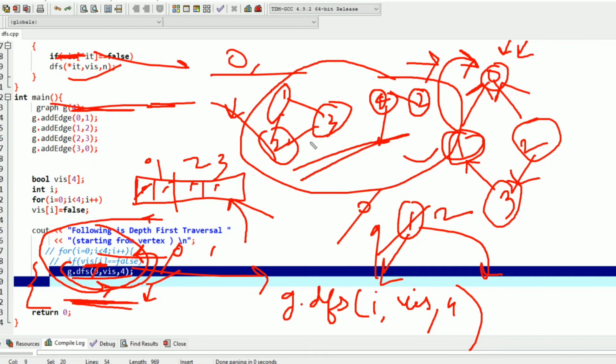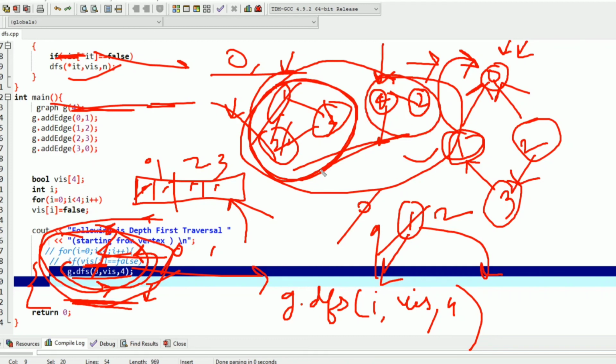So in order to print the DFS of a disconnected graph, what we need to do is use this for loop concept. The total number of vertices available is 1, 2, 3, 4, 5. Basically 5 vertices are there. It will start from this and print DFS of this. After printing DFS of this, it will mark it as visited, that is visited will be true. Now this loop will change the value and point to this vertex. Again we'll find DFS of this, and we'll print all the vertices as output on the console.